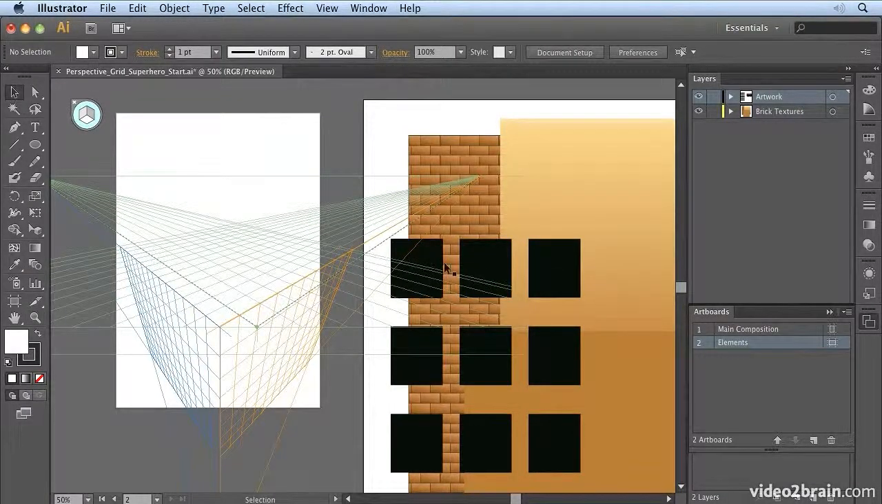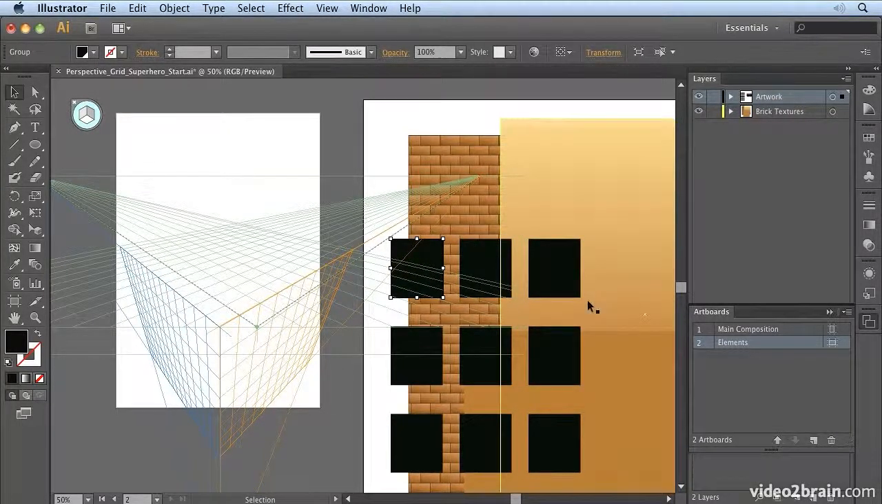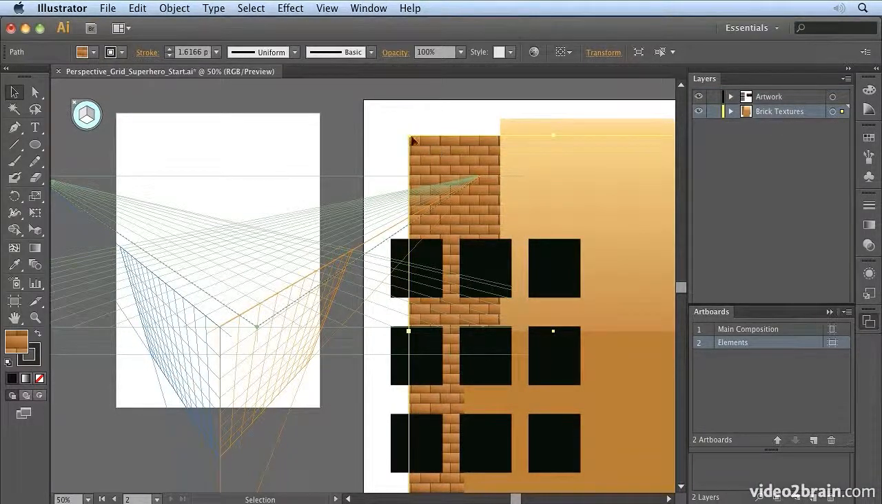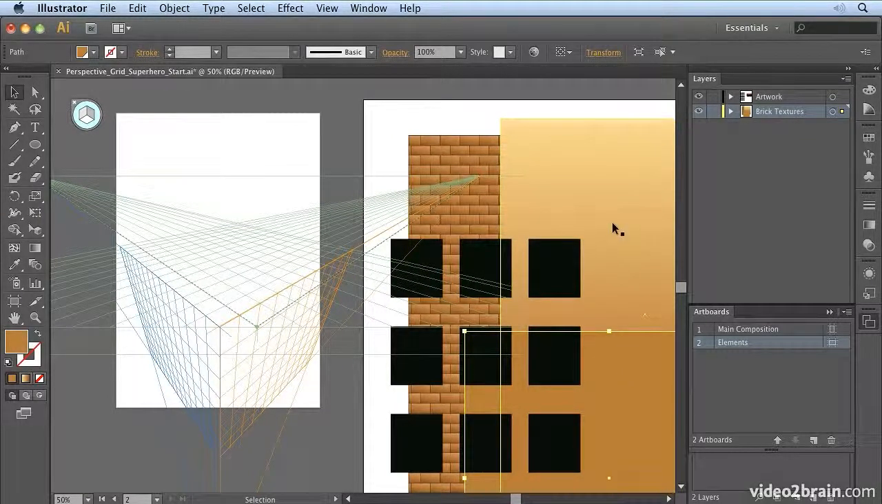I've got a few elements in here. I've got a pattern here that was created using the transform tool, or a repeating pattern, which I'm going to use for windows. I've got a pattern filled rectangle here, which I'm going to use for walls. And then I've got a couple of plain solids with gradients in them that I'm going to use for the